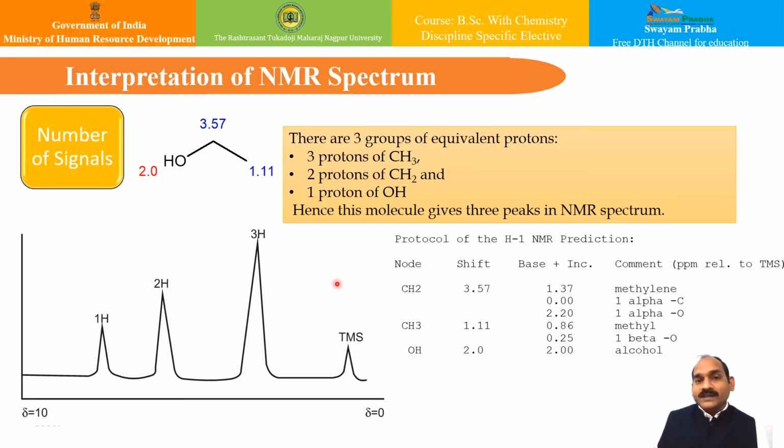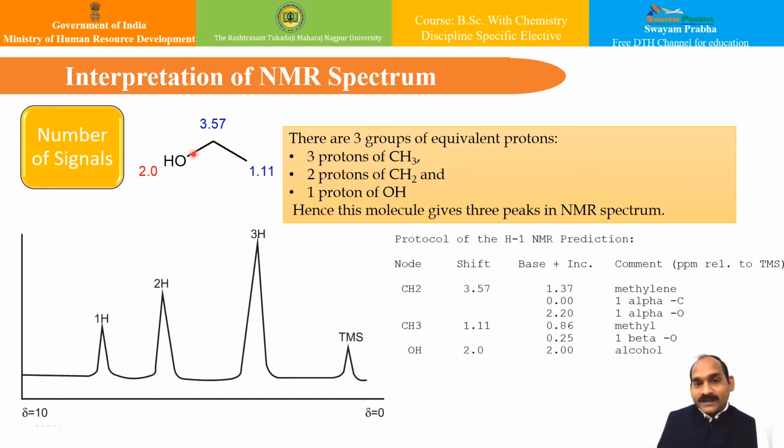Basically, it is expected that all the protons should absorb the same frequency, or they should give a single peak. However, this is not the case. In a molecule, the electronic environment around a proton is not always the same. If you take the example of ethanol, the environment of each proton is not the same. CH3 here, CH2 here, this is OH here. So for each proton, the environment is different.